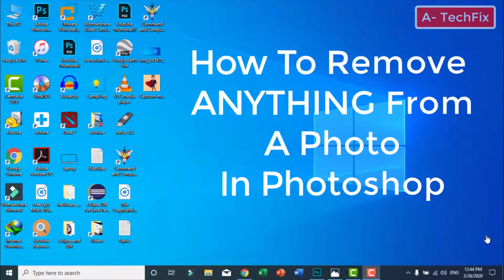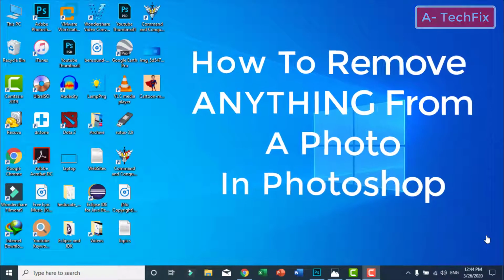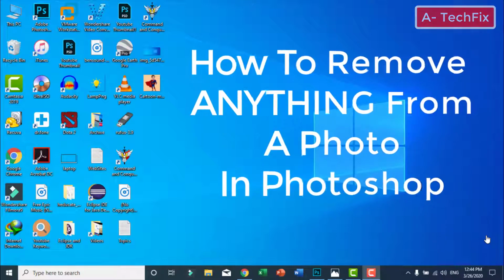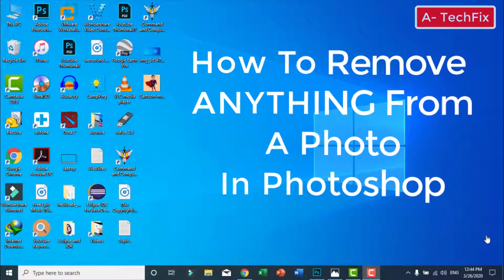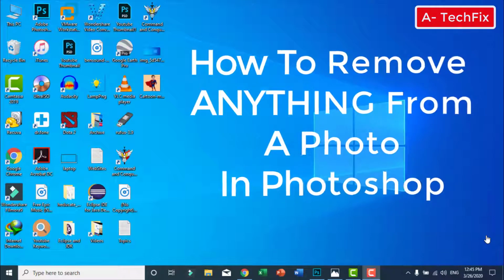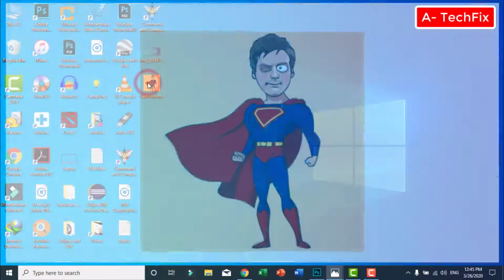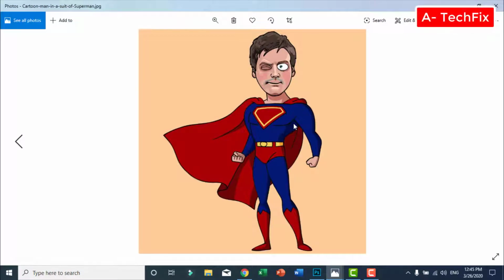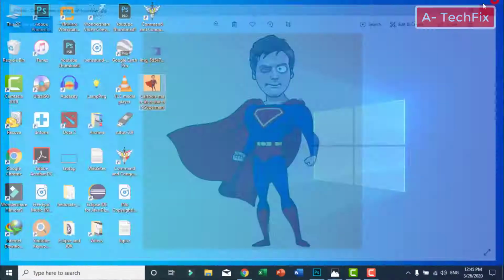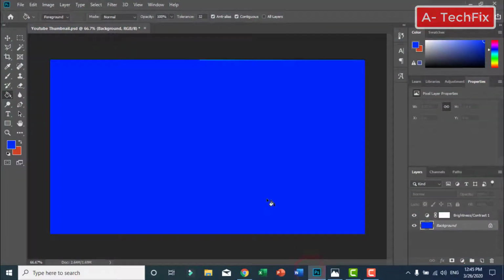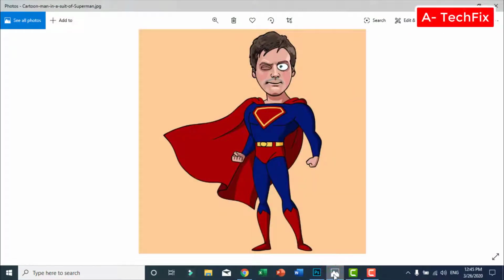Hi everyone, again in this tutorial I wanna show you how to remove anything in Photoshop. Simply, if you have a picture with a specific background and you want to move the character in this picture to another background, simply use Photoshop. Let's go. Okay, we have here a blue background and I want to move the picture here to this blue